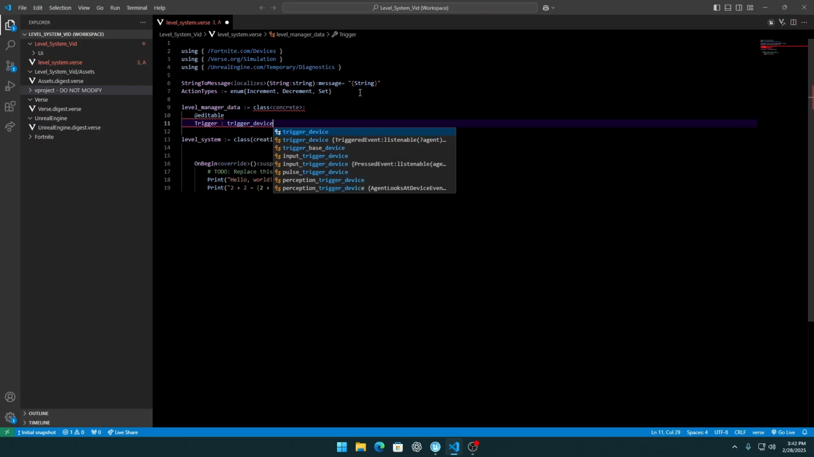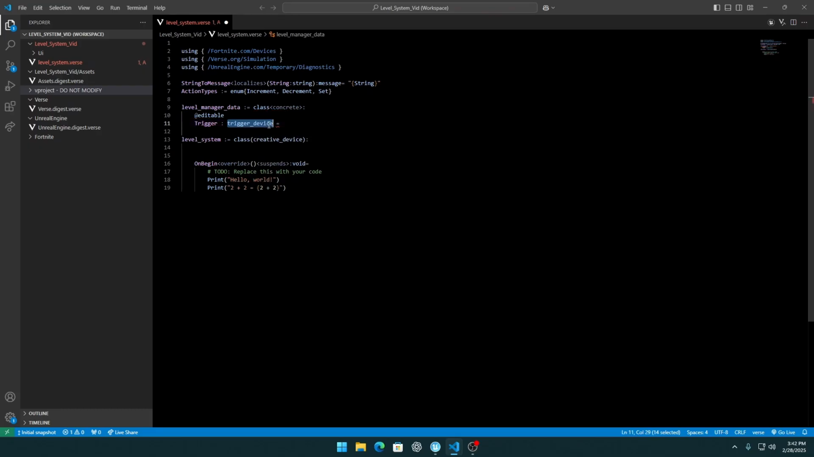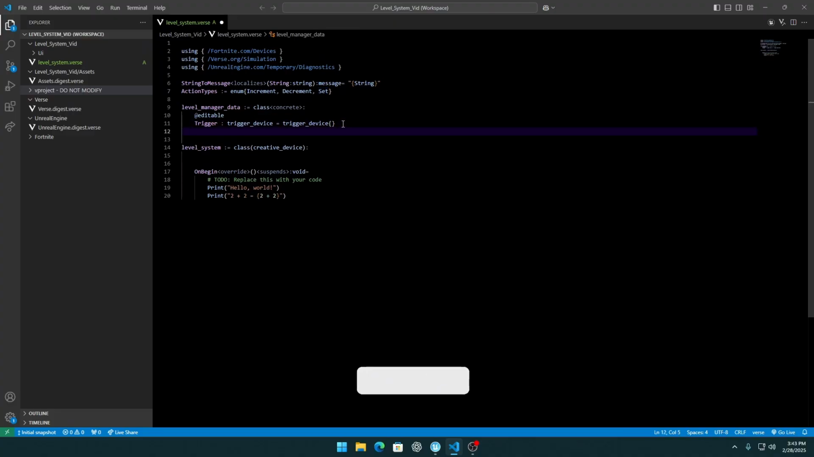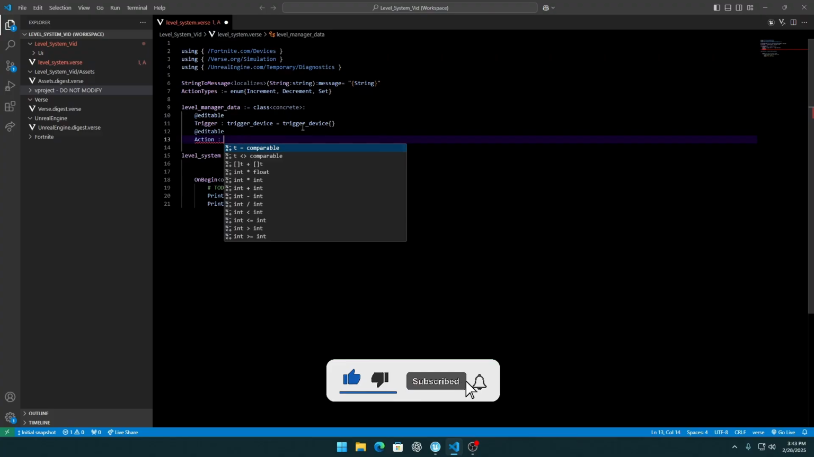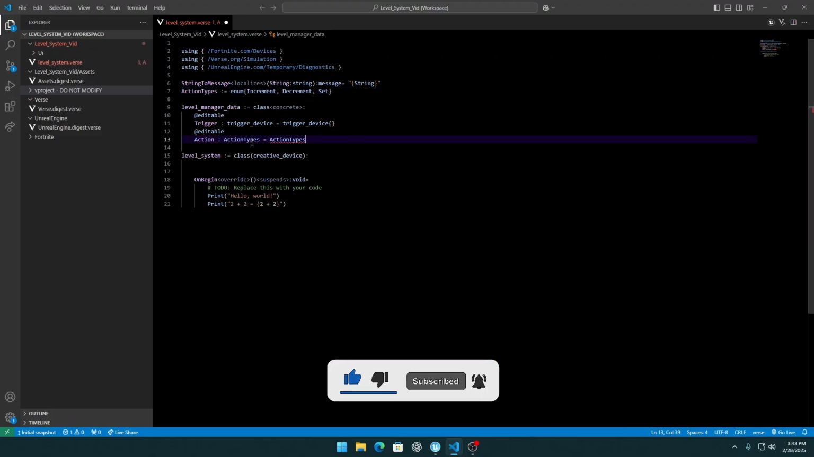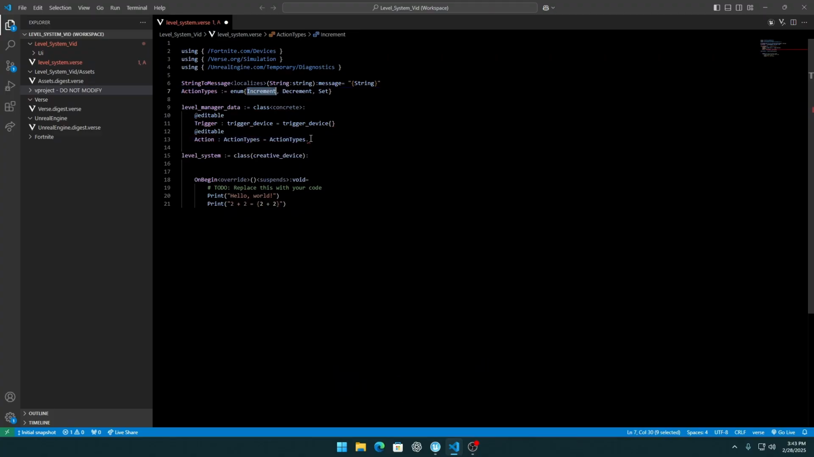Editable trigger device. So this is the trigger in this showcase that adds. We have 3 options: increment, decrement, and set. So we can increment XP by 50, for example, decrement, or set it. So it's really easy to set up. And this is the action. So action types equals action types, and for example increment,